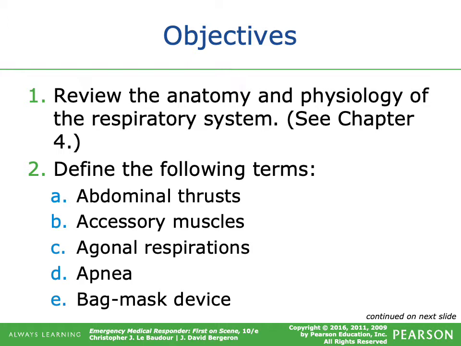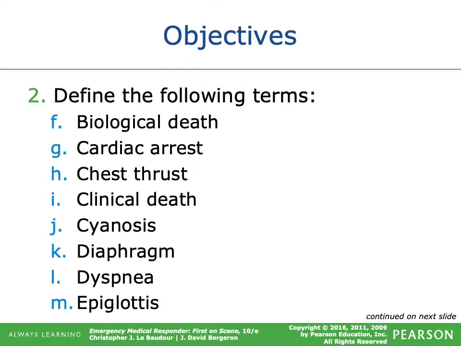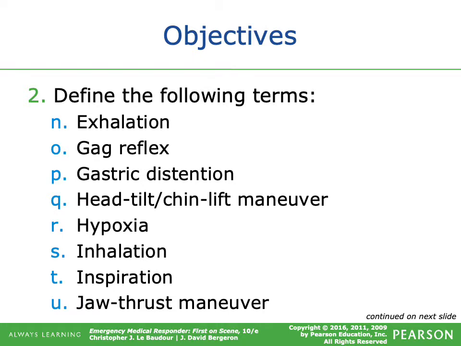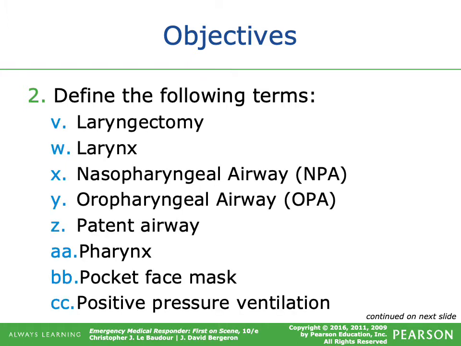We're going to define the following terms: abdominal thrusts, accessory muscles, agonal respirations, apnea, bag valve mask, biological death, cardiac arrest, chest thrust, clinical death, cyanosis, diaphragm, dyspnea, epiglottis, exhalation, gag reflex, gastric distension, head tilt, chin lift maneuver, hypoxia, inhalation, inspiration, jaw thrust maneuver, laryngectomy, larynx,